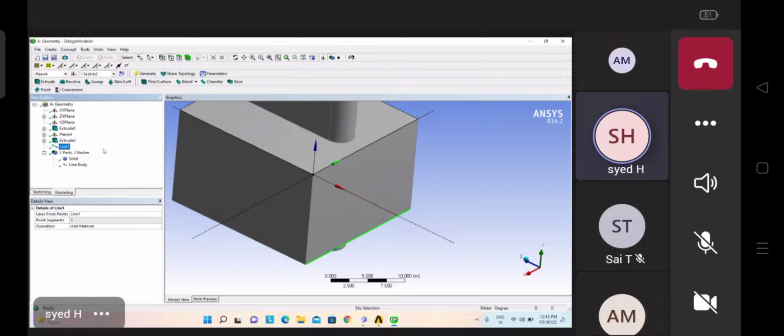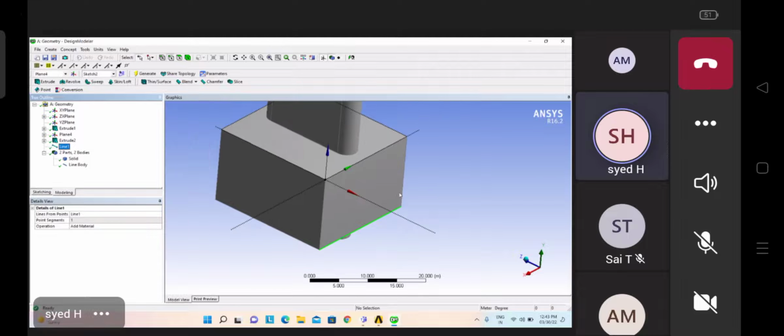Now the next option is line from two points, not just two points, however many points you want, you can create. For example, I want to create a diagonal line here. So in that case, go for Concept, Line from 2 Points. This is the first point, and by pressing Control, this is the second one. Click Apply, Generate. Now see here, one line body has been created. Like that we can create